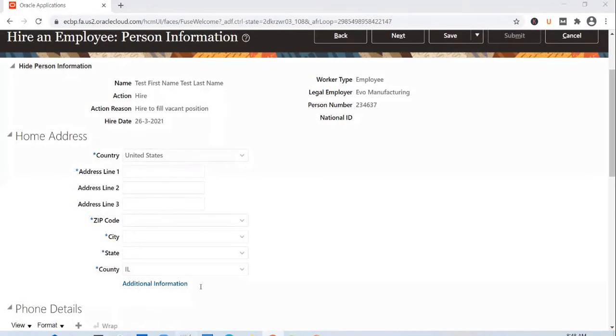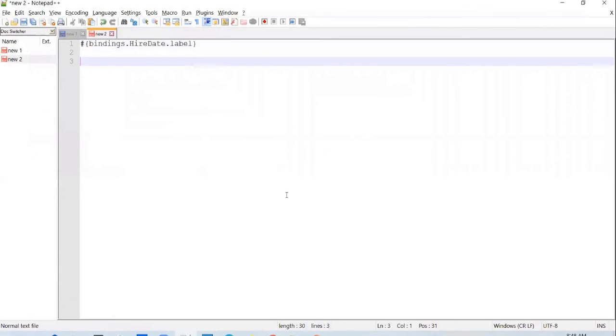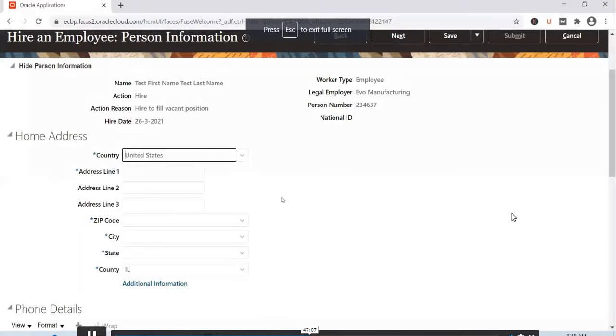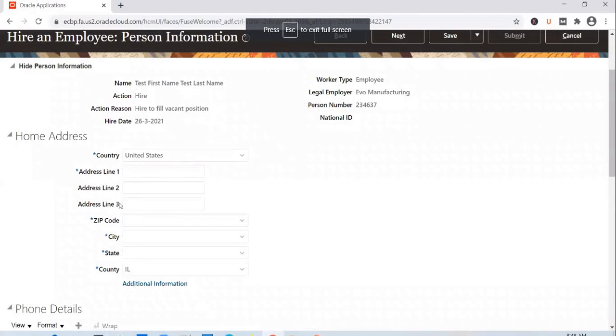So in short, I need to write in a condition. I need to select if country equal to United States. I need to assign a value. Say for example, I need to make it a required field. To make a specific field a required field, we know that we can write an expression on the required checkbox.